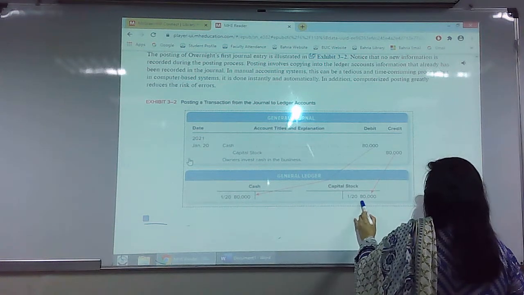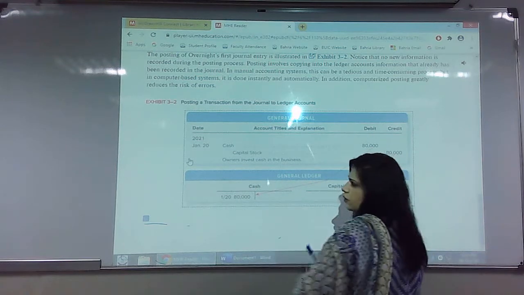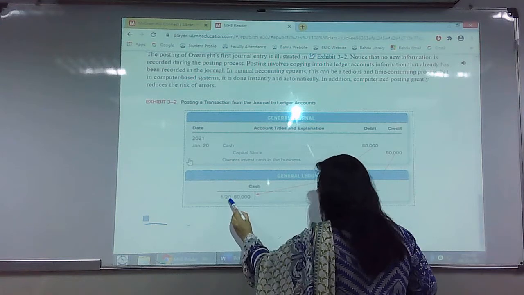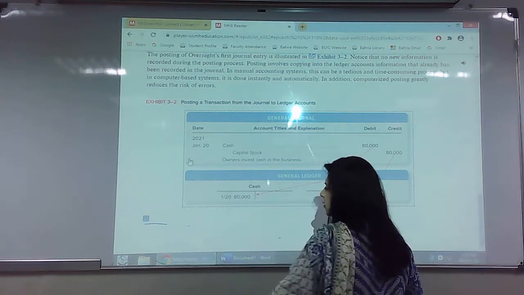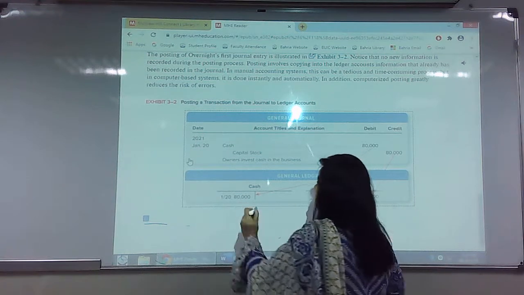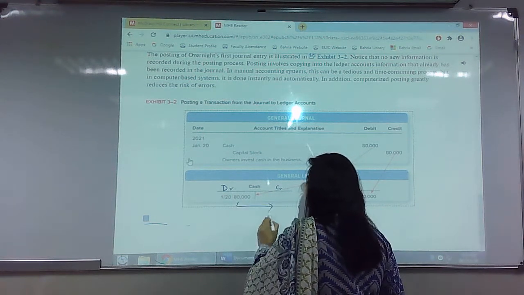And at the same time, the capital stock increased, but now there are two different records for it. When we talk about the general ledger, we have a T account. There's a date, and there's an amount. If an asset is increasing, you place it on the debit side. For ease's sake, you can write that there's a debit and there's a credit side to it. If it reduces, it comes here.